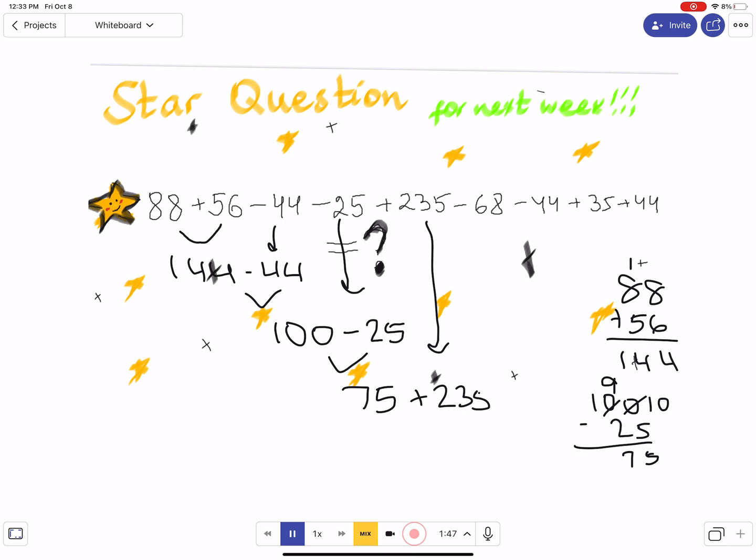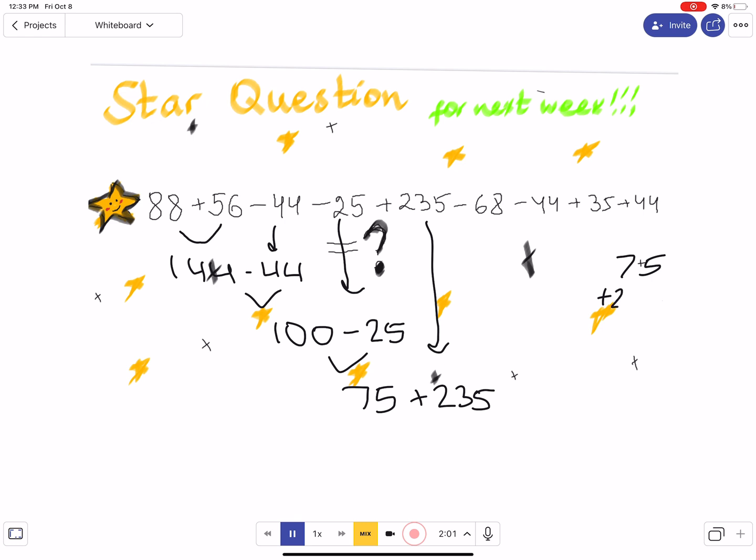That's a big number there. So I'm going to erase this part because we already went over that, so I can have enough room to finish up. So 75 plus 235 is 310. So we would write 310 over here. Now, so we got that. Now we're going to move down